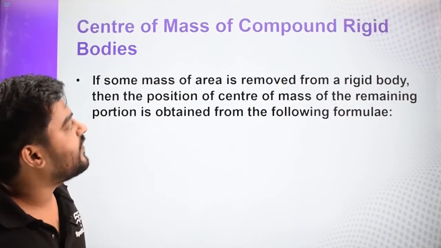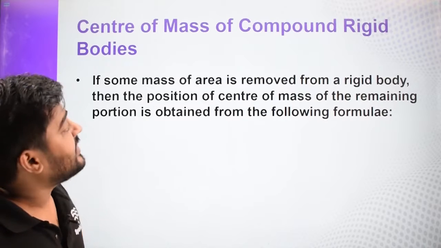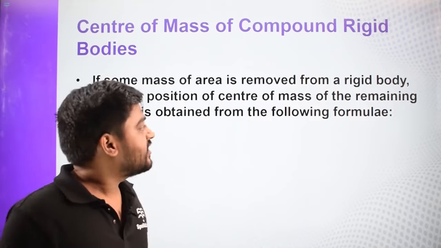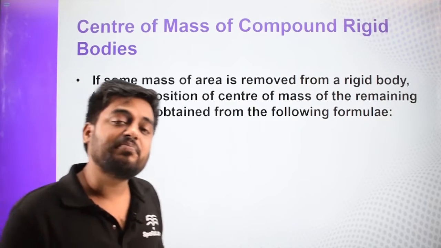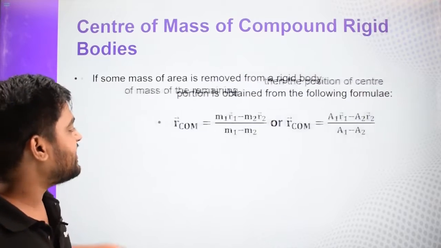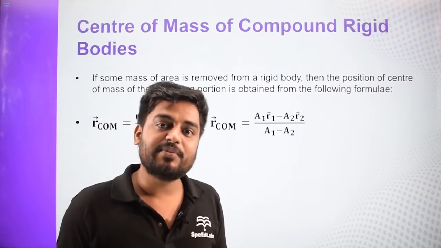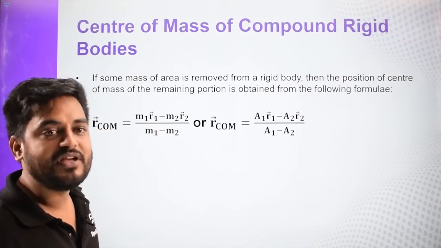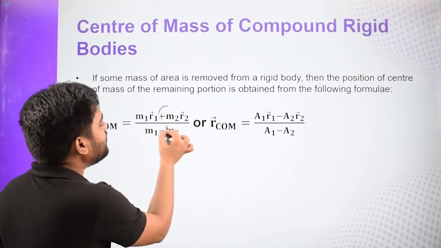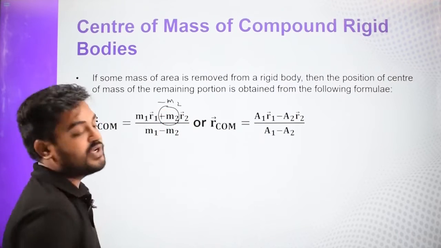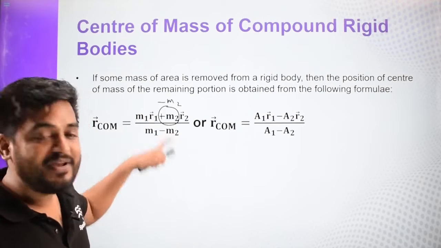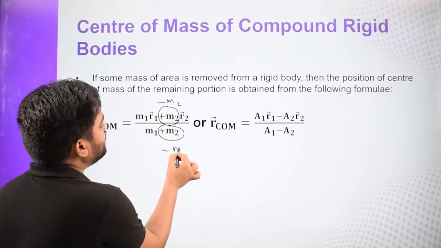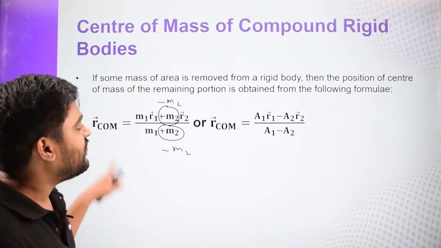This is our case 2, where again we have to find the center of mass of compound rigid bodies, but when some area is removed from the entire body, so some part is missing. In this case, you treat the part which has been removed as a negative mass. Here the same formulas can be applied, but rather than positive M2, we replace it with minus M2. So the cavity will be treated as a negative mass, and here also it would be M1 plus M2, but rather than this, we are going to use minus M2, right? So the formula is going to be this.